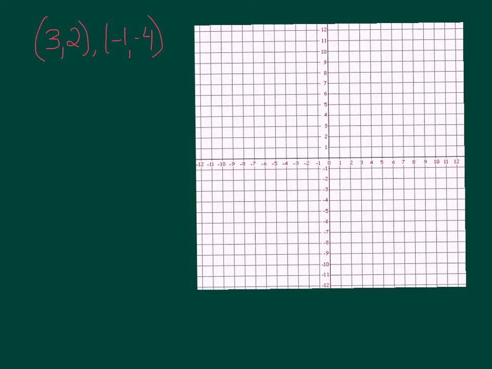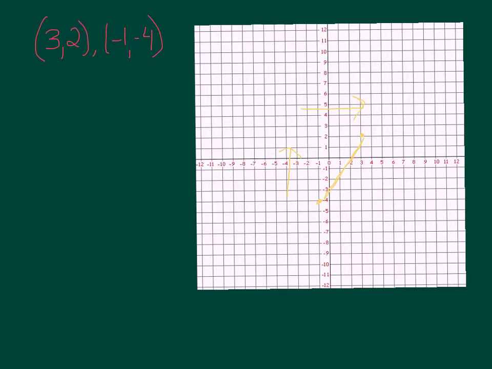Okay, so I'm going to plot these 2 points and connect them. The first one is 3, 2, and then -1, -4. So these 2 points have a line between them. Now the rate of change or slope is the change in the line rising over the change in its